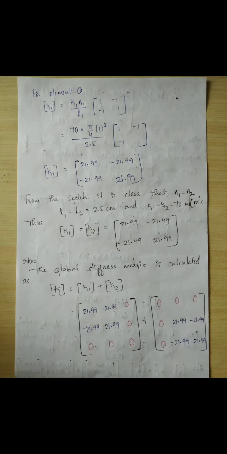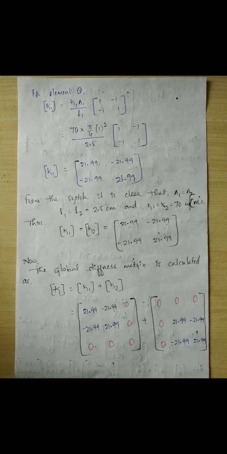As per FEA, for element 1, we have the equation for individual element stiffness matrix as small letter k1 is equal to small k1 into A1 divided by L1, times the matrix [1, -1; -1, 1]. For small letter k1 in the RHS, you substitute the value as 70 because k1 is equal to k2. You should not divide this by length which has already been divided. So k1 is equal to k2 is equal to k by 2, which is equal to 35, is completely wrong. You should not think like this inside the examination. K1 is equal to k2 simply, which is equal to 70.